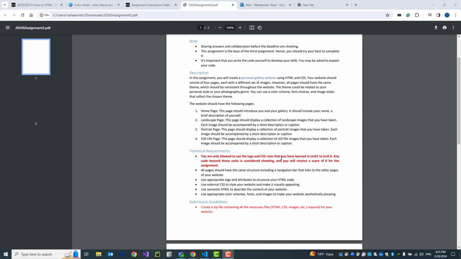Here, the instruction says that you are only allowed to use tags and CSS rules that you have learned in Unit 1 to Unit 6. Any code beyond those units is considered cheating, and you will receive a score of 0 for the assignment. This is a very important point, and you need to follow this